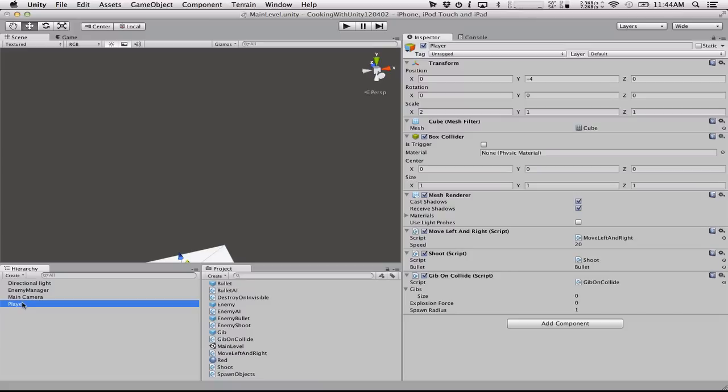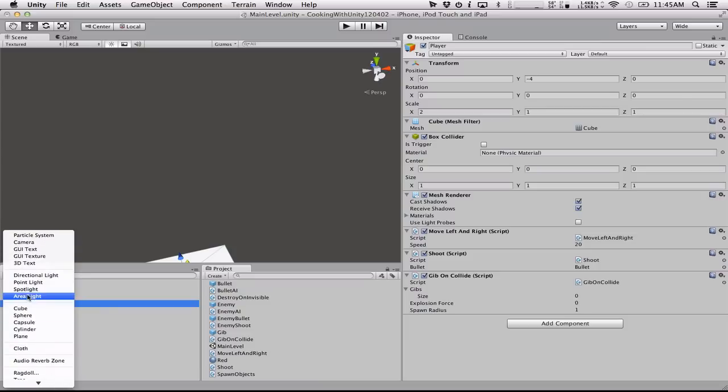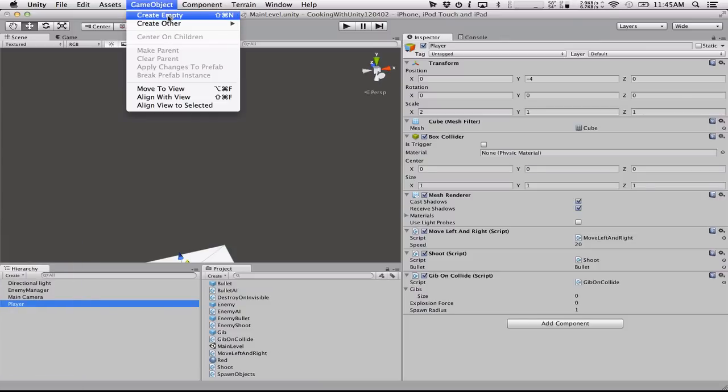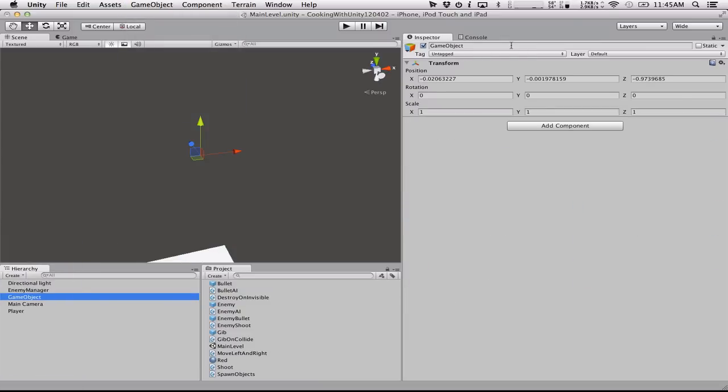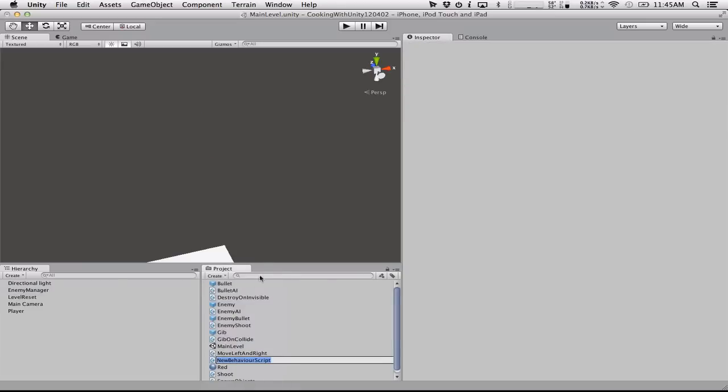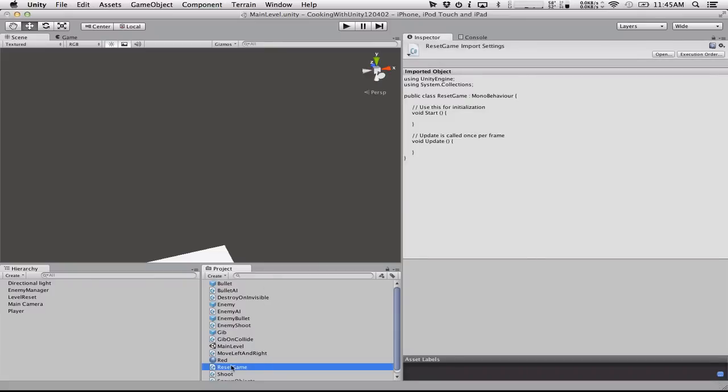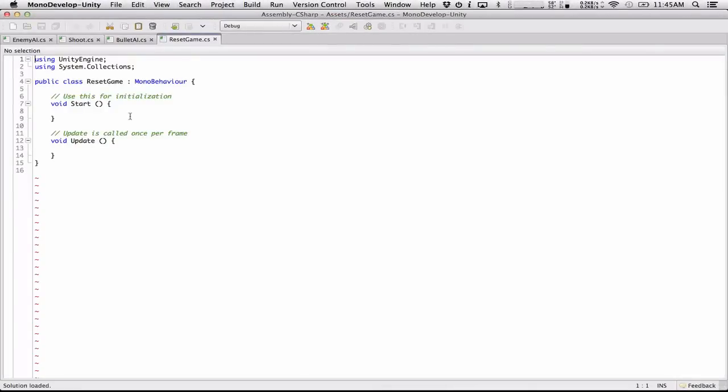And then let's do one more thing. I'm going to create a new empty game object, and we're just going to call this level reset. And we're going to create a new script called reset game, and all this is going to do is, in the update loop,